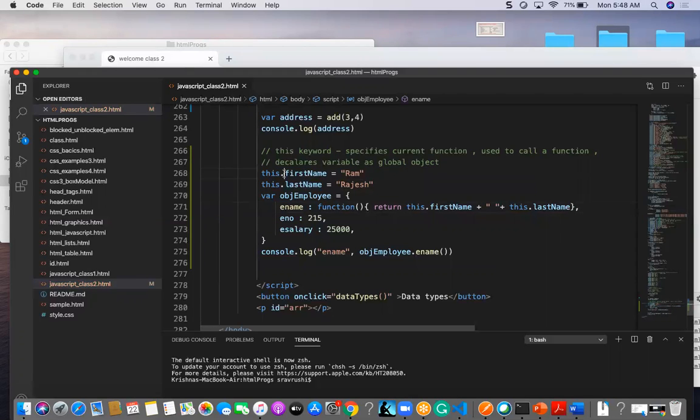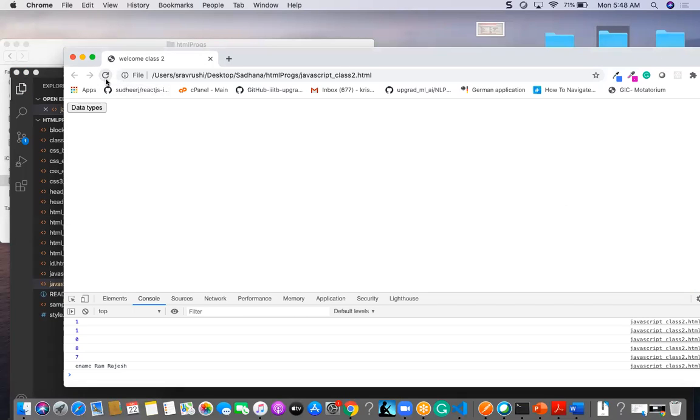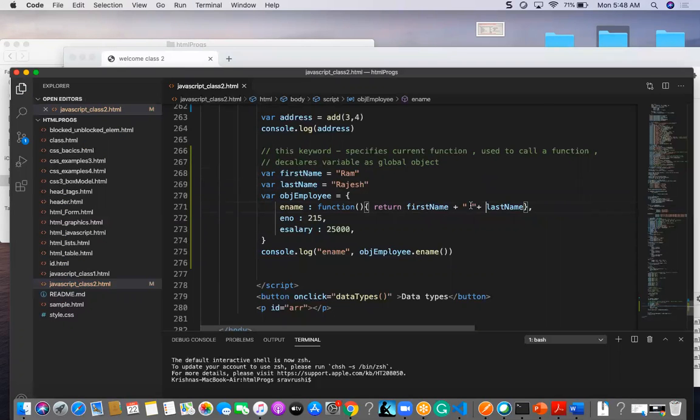So if I want to call something externally, then we have to go for where, and I can use first name and last name. Now you will find Ram and Rajesh. So here this keyword is useful to get a particular first name and last name within the same object.